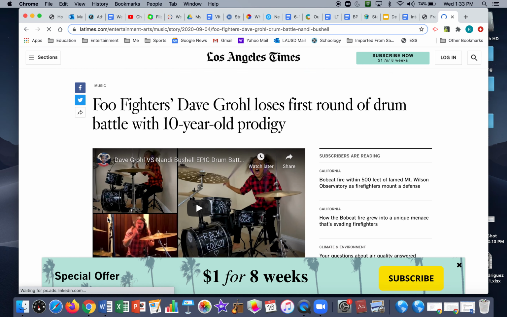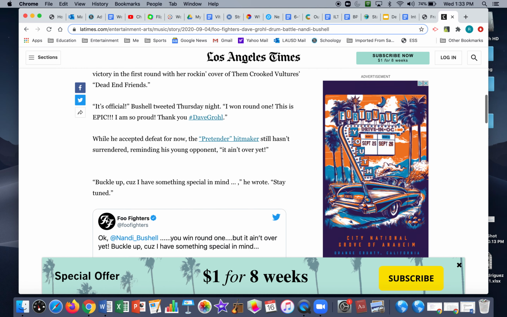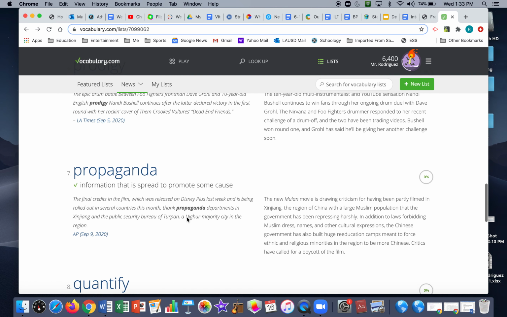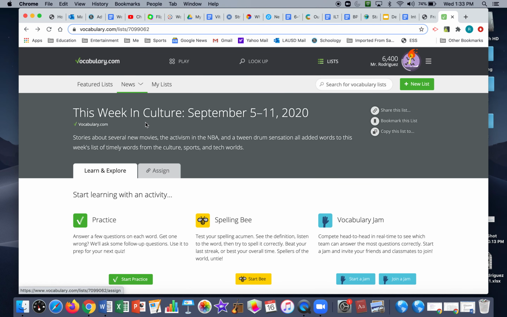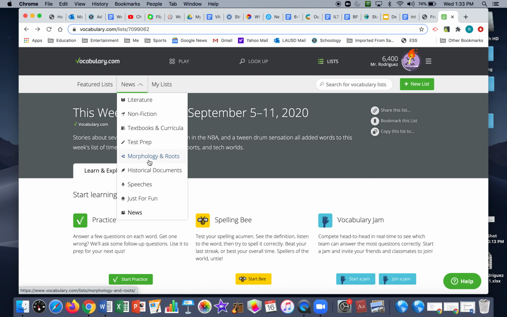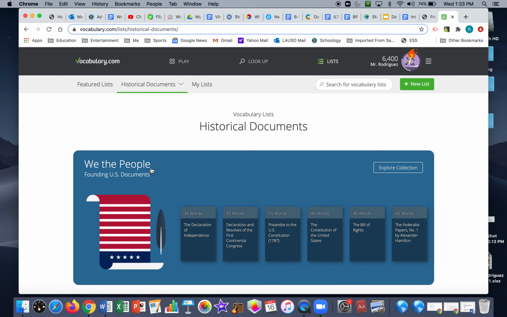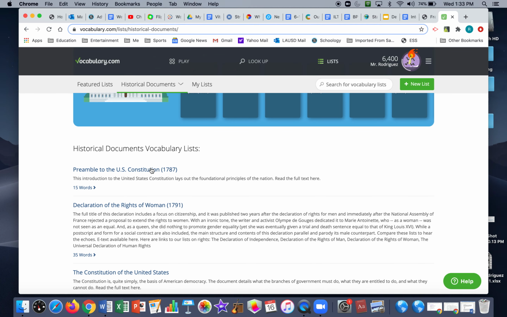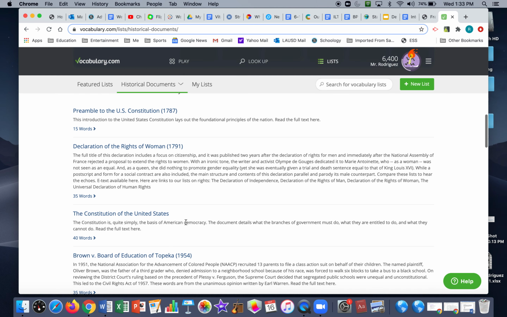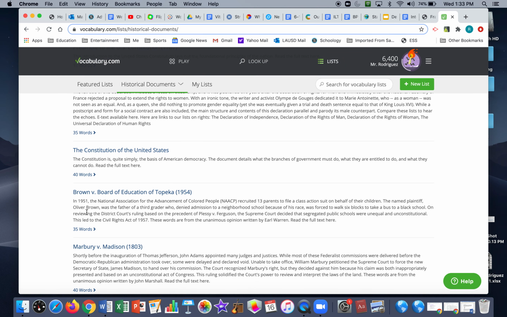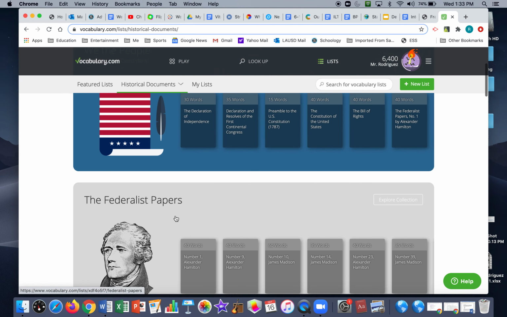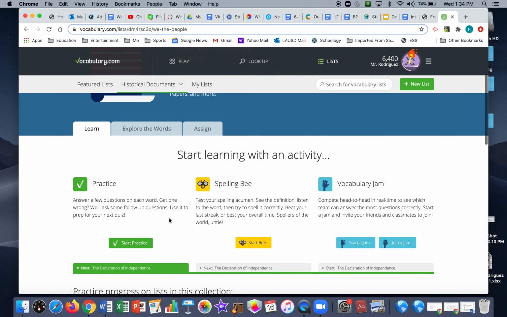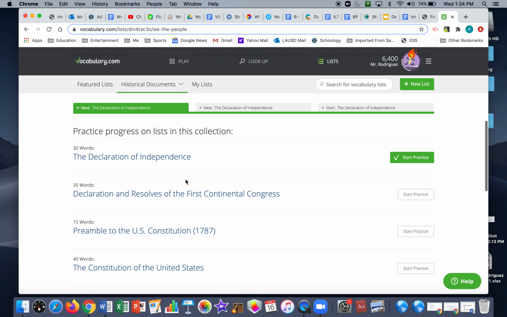So you can have the students read an article after they've mastered the words for that week or for that activity. For those of us that teach 11th grade, it's also got the foundational documents and early American and really important speeches, the Declaration of the Rights of Women, different Supreme Court decisions and whatnot, and it has the entirety of the text. So for example, the Declaration of Independence, you can just assign this and it gives them